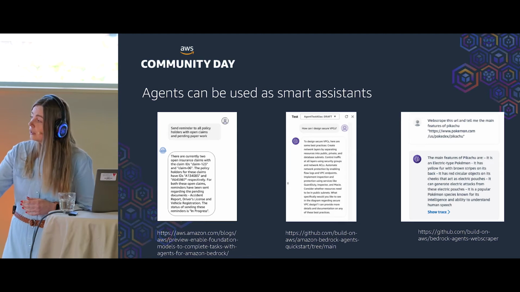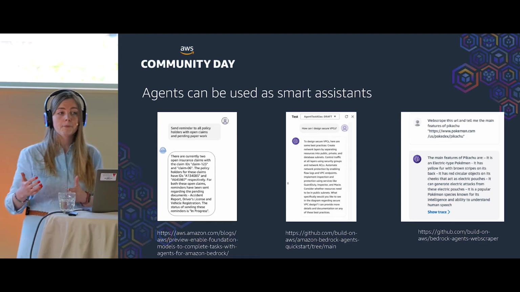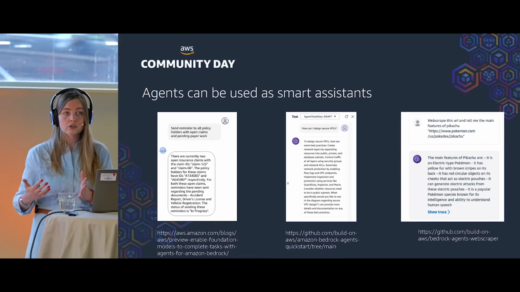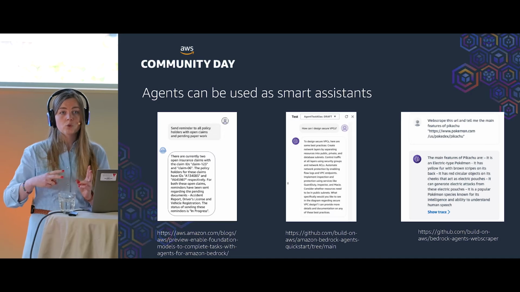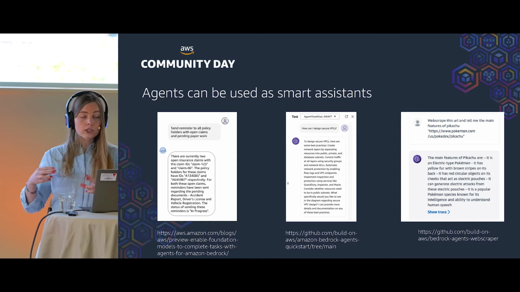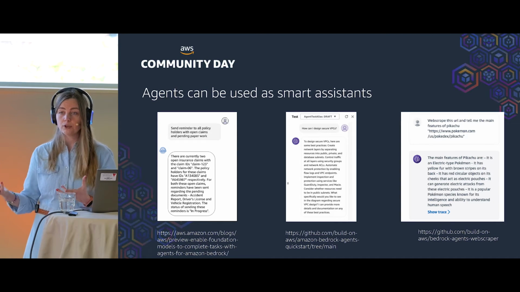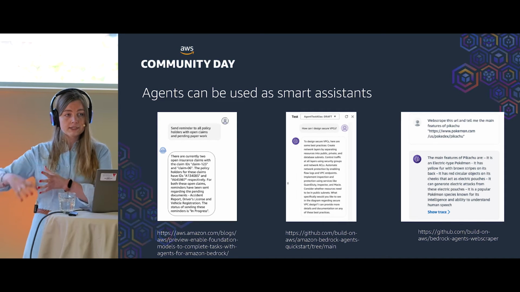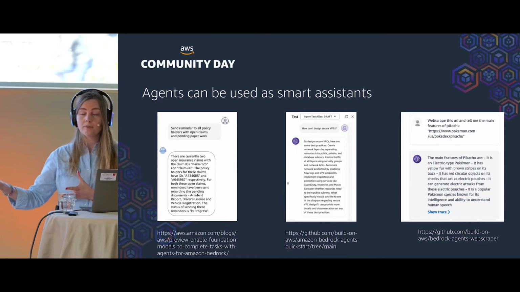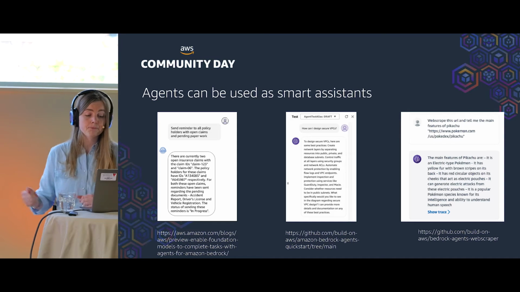The example in the middle is taken from an official AWS workshop where you can build a solution architect agent. Under the hood, it is using knowledge from the Well-Architected Framework. By querying this framework, it is able to answer questions like how to design a secure VPC.